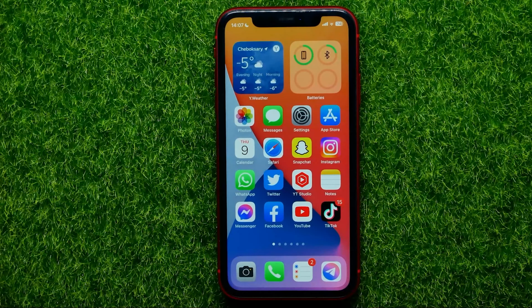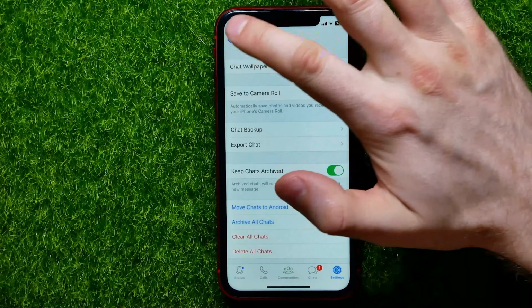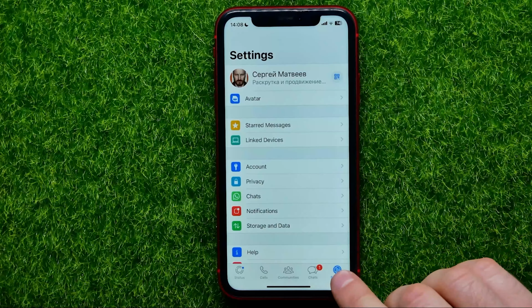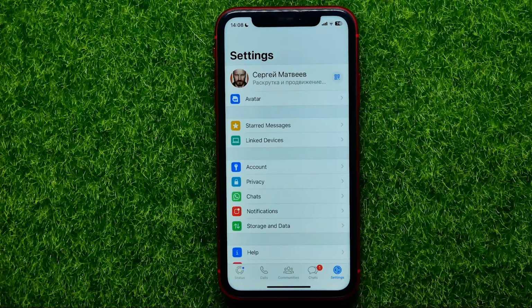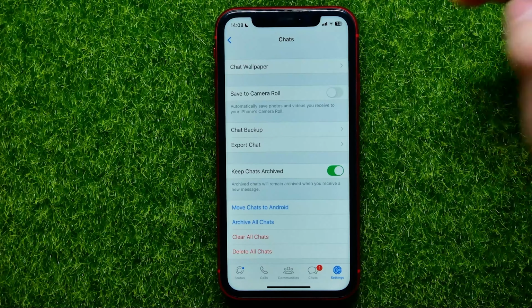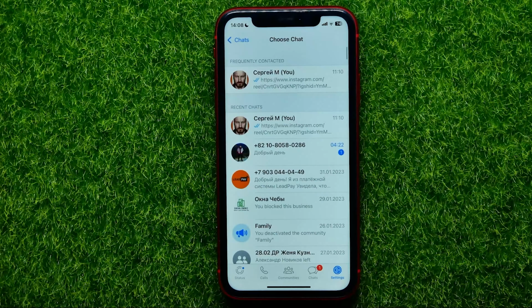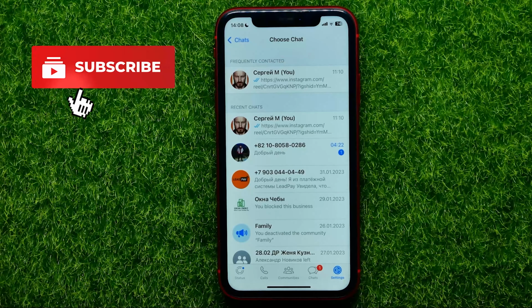So let's begin, and first open up the WhatsApp app. Then right here, first off, tap on settings to open up settings, then hit chats, and then tap on export chat. If you have some important conversation and you want to store it on another phone or a